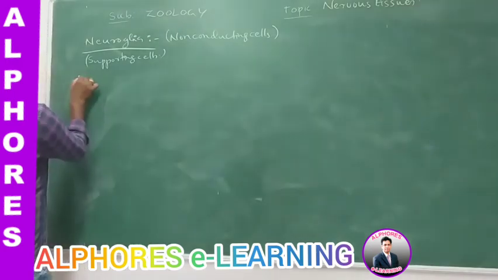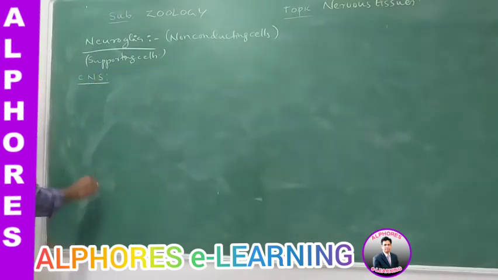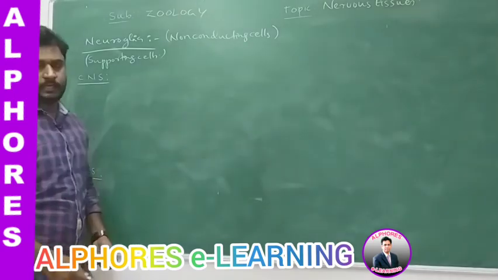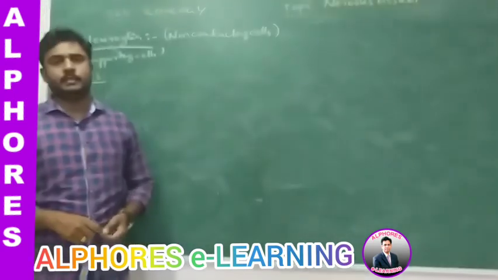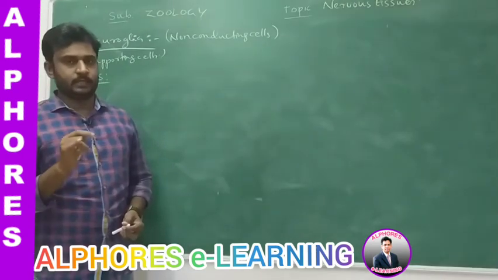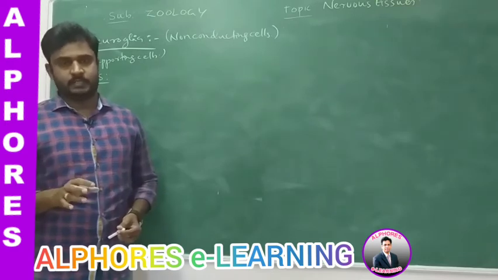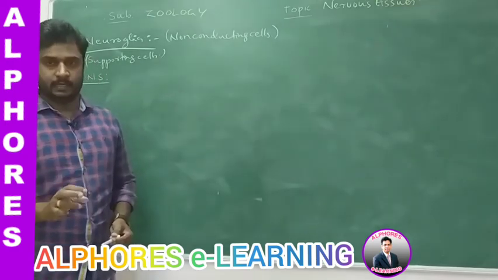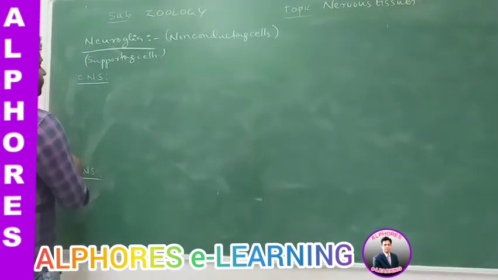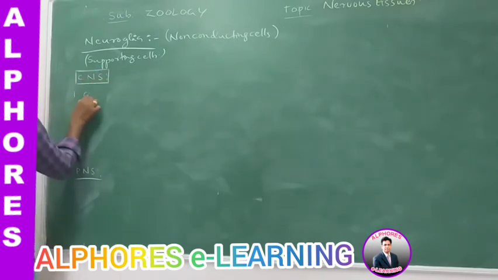Neuroglial cells are present both in the CNS and the PNS. What is CNS? Central nervous system, which consists of the brain and spinal cord. PNS, peripheral nervous system, consists of cranial nerves and spinal nerves. So the supporting cells which are present in the CNS are